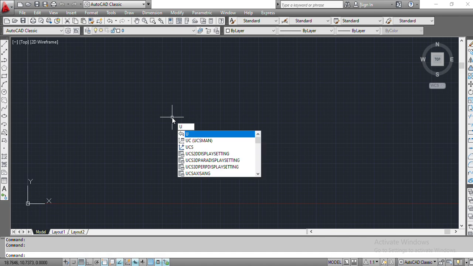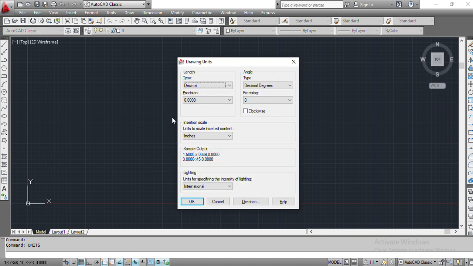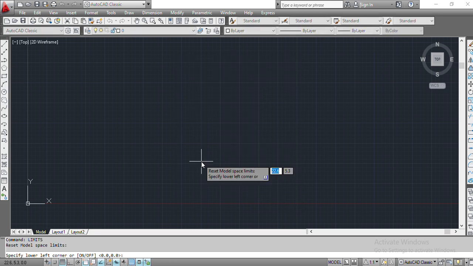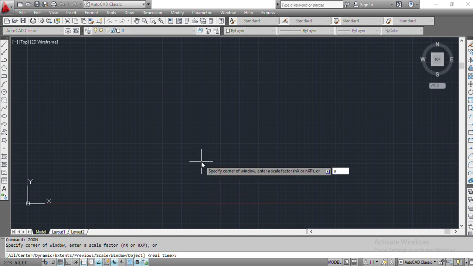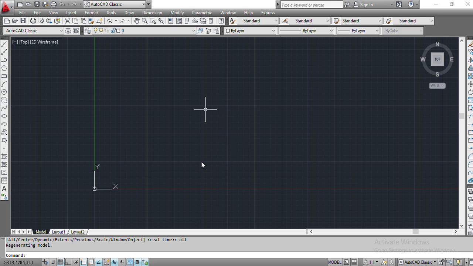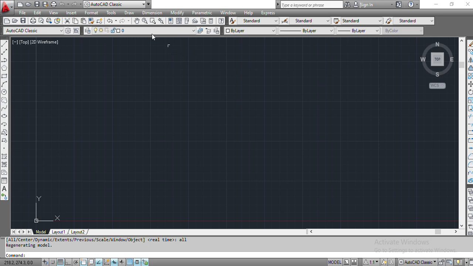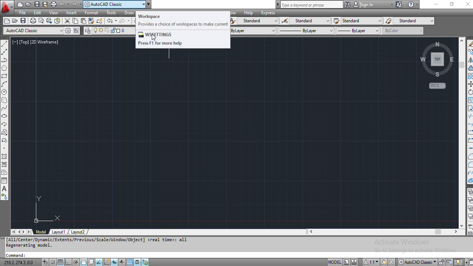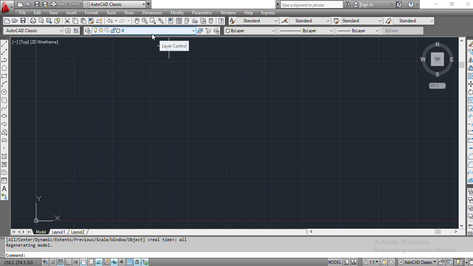drawing, doing the page setups, that is units. In units you set from 0 to 0.0, and in scale you set to millimeters. Then you set the limits 0,0 to 297,210, and then you zoom all. After that, because we are going to draw this in AutoCAD Classic, we are not going to change that. So the next thing that we are going to do is to draw the outer line of the account,